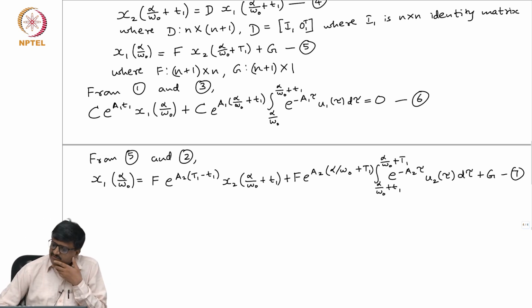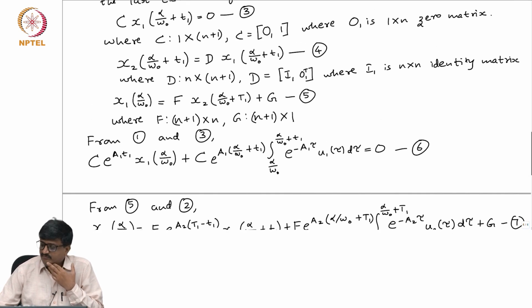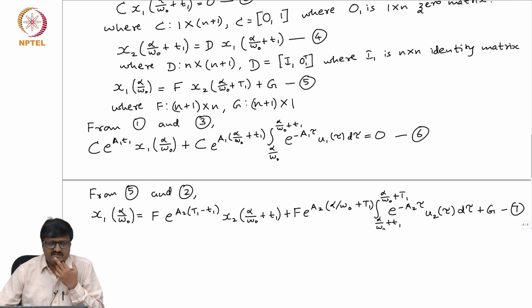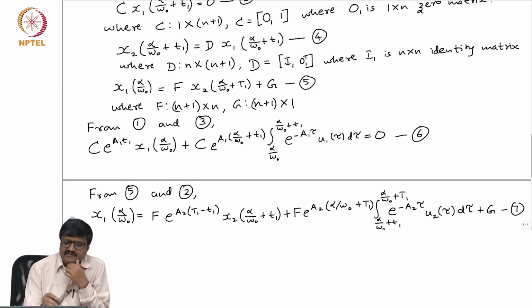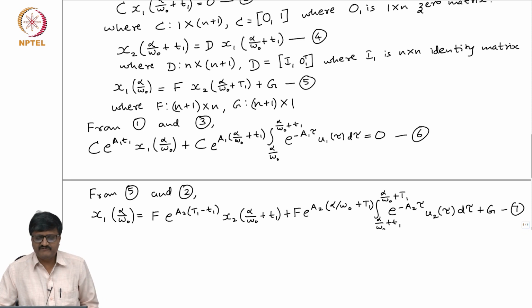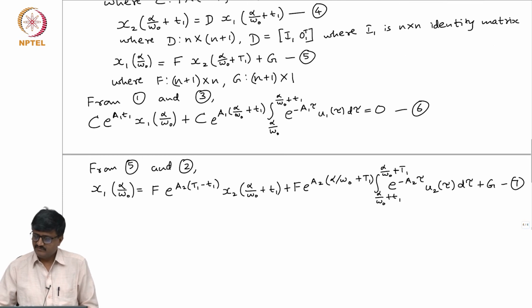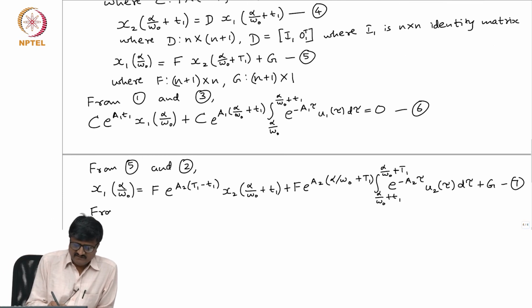Now, what I will do is I will use this equation 7 and there is one more, equation 4. So, I will replace x2 at alpha by omega o plus t1 by D into x1 at alpha by omega o plus t1 using equation 4. See, what I am trying to do is I am using equations 4 and 7 at the same time and get rid of x2. See, there is one x2 in equation 7 in the first term on the right hand side. So, I will write that in terms of x1. So, from 4 and 7,